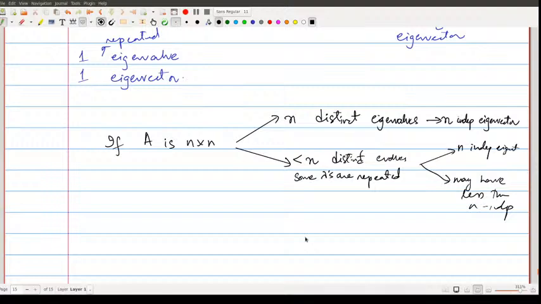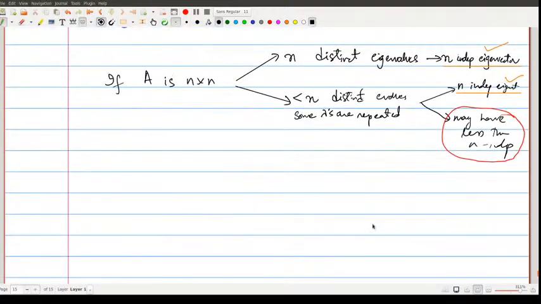So the idea is, when is the matrix diagonalizable? In this case, it's definitely diagonalizable, because we have n independent eigenvectors. But this diagonalization will break down if you don't have n independent vectors. And here is the place where I want to introduce two terms which really encapsulate this idea. The first is the idea of algebraic multiplicity,